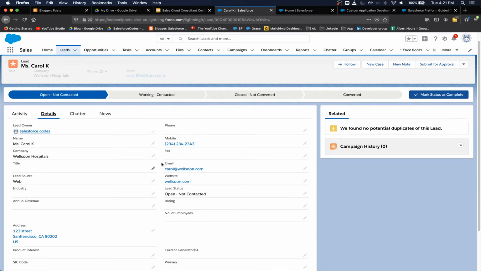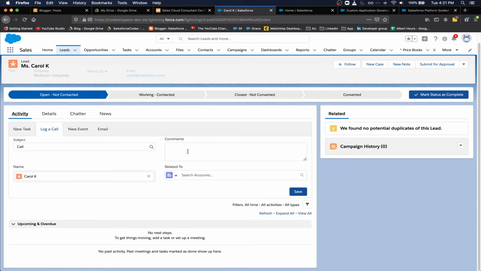But since he has the number already here, he can either dial with his phone, or he can even reach out through an email and then set up a meeting. But whichever way he proceeds, usually he tracks the steps here. Say in our case, he gave a call to Carol and she expressed her interest in buying 100 computers from Universal Computers. So he will just track it here. Carol wants to buy 100 computers,